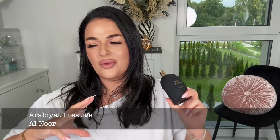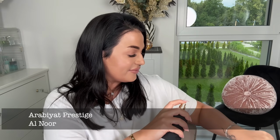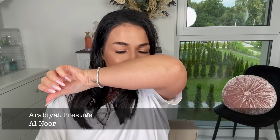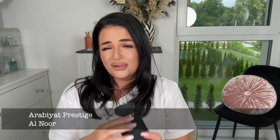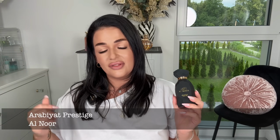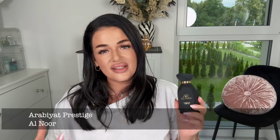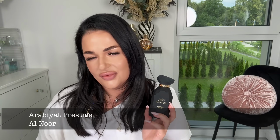Is just way more smoother, sweeter, and denser. So this is definitely a Gris Charnel-esque DNA for me. This is my preferred one. If I had to choose, I would absolutely not buy the original. I would not, I would even skip on all the Latafa flame inspirations that I have, which I really do like. I do like them, don't get me wrong. I still like them. But this is new in my collection, and this is at the moment my absolute favorite